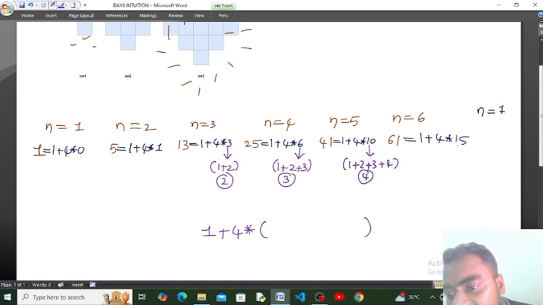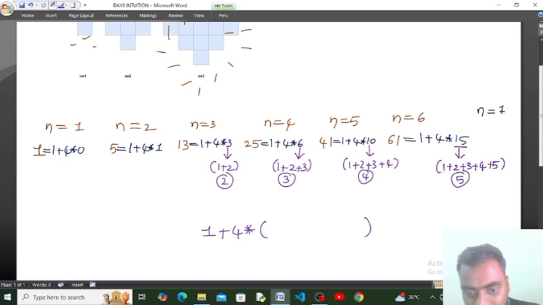For n is equal to 6, so sum supposed to be 15. How to get this 15? That is nothing but sum of first 5 natural numbers. 1 plus 2 plus 3 plus 4 plus 5. So this is nothing but sum of first 5 natural numbers. Right? So here the variable part is this one, right? The remaining 1 and digit 4 both are the same, but the remaining portion is changing based on the n value,